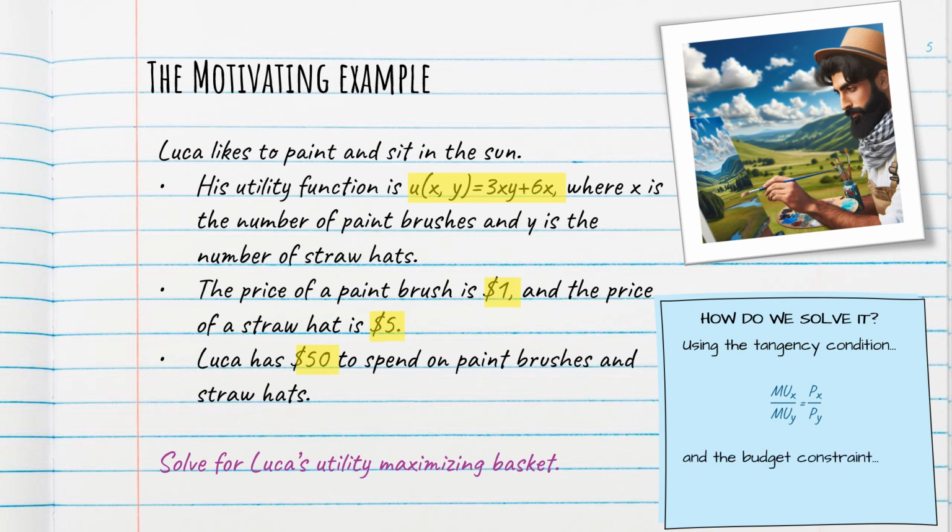So we also need to be on the budget constraint. Budget constraints have the standard formula of the price of x times x plus the price of y times y equals income. So with this tangency condition and budget constraint, we have a system of two equations and two unknowns that guarantees we're on the highest indifference curve that we can afford, or Luca can afford in this case.